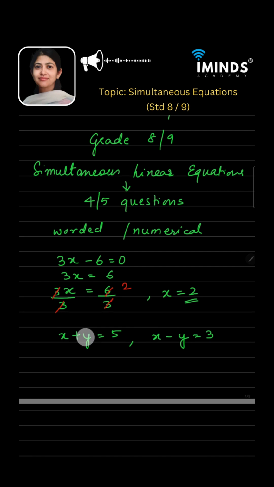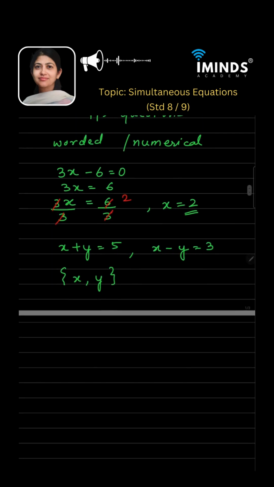Okay, so here what we have to do is we have to find such a solution set, means ऐसी values find out करनी है x और y की जो ये दोनों equations में पूरी proper suit होती हो. It is correct for both the equations, for this also and this also at the same time. So इसीलिए इसका नाम रखा गया है simultaneous linear equations. At the same time, this solution set is satisfying both the equations. Okay. So now we will understand it through various examples.